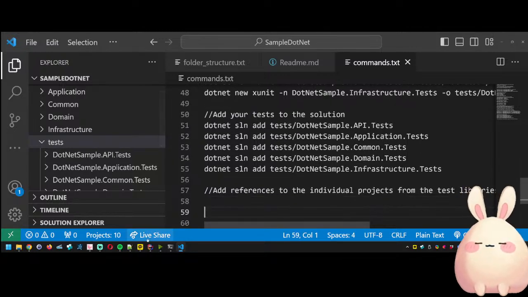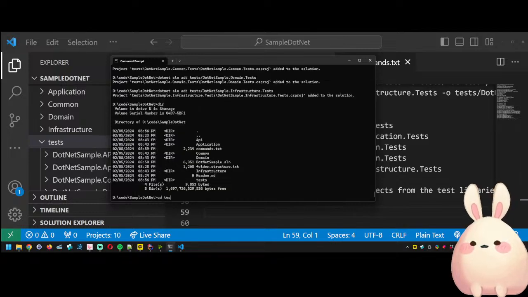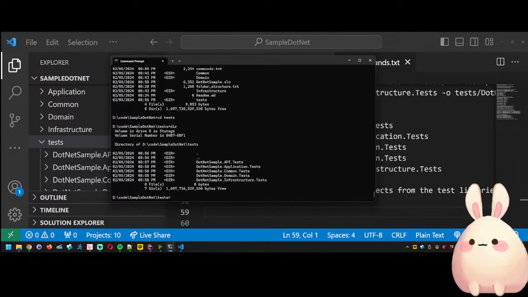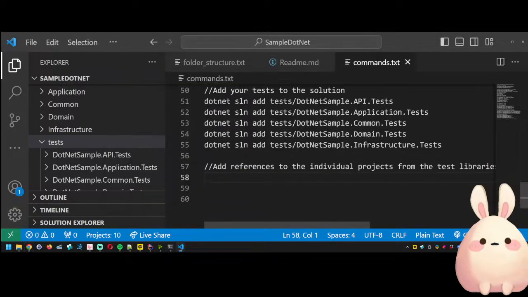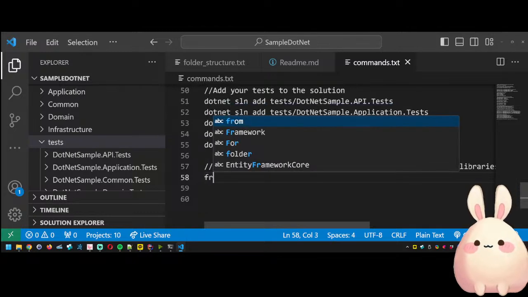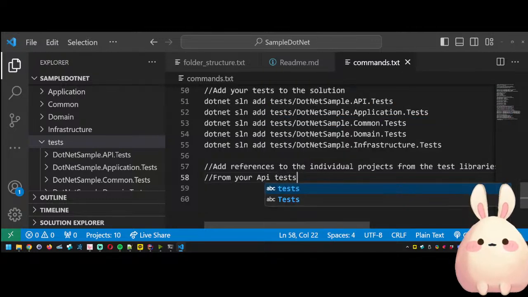And so as an example of that, we'll go in the tests. We'll go into .NET Sample API tests, and as an example, we would add a reference. We would say from your API tests folder,